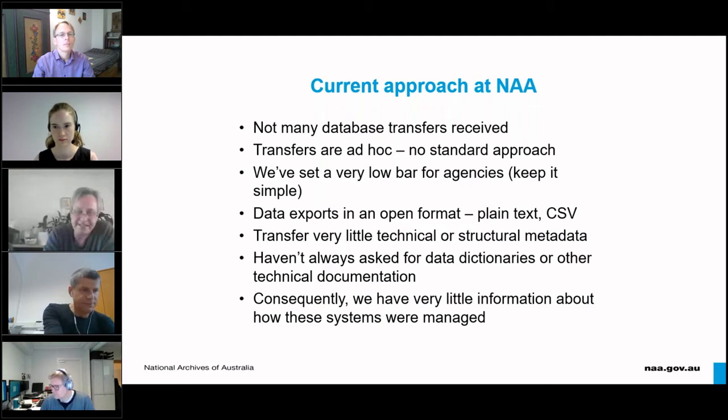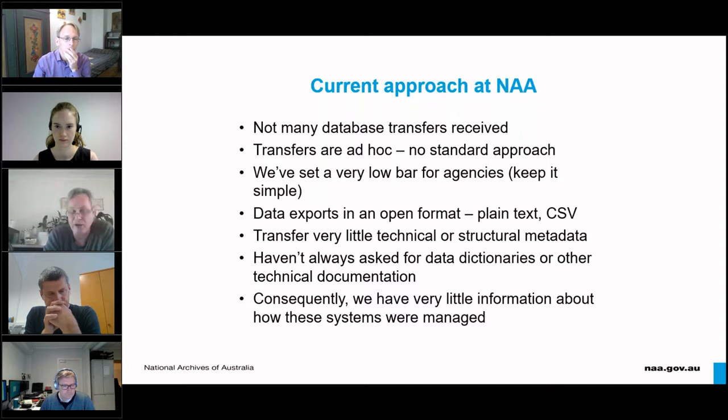I'd say at least part of the reason for this is that there is a disconnect between the analysis of agency systems and the concurrent development of disposal schedules on the one hand, and the transfer of government information to the archive on the other. Looking at some of the European examples, the technical requirements for transfer and the scheduling of transfers is happening up front. And that point of contact with agencies, when agency systems are being identified, disposal schedules are being developed.